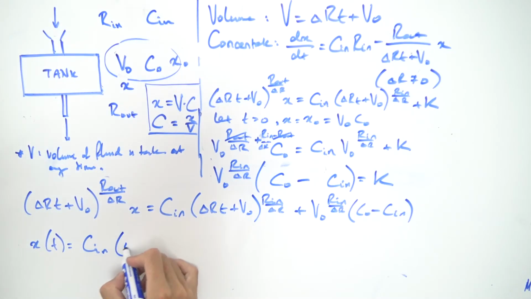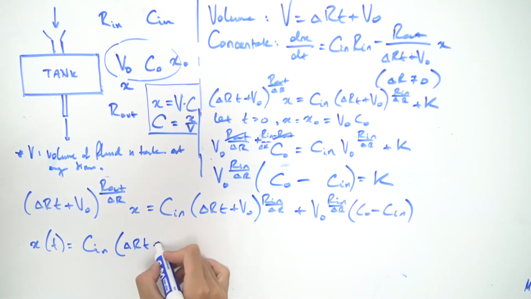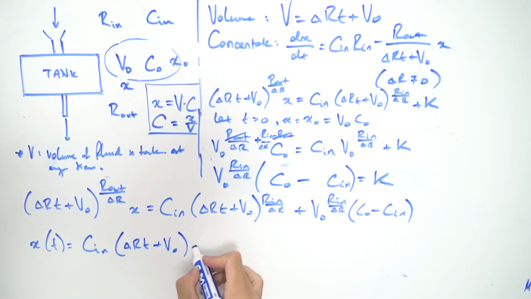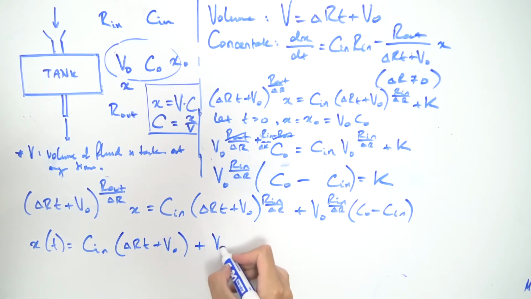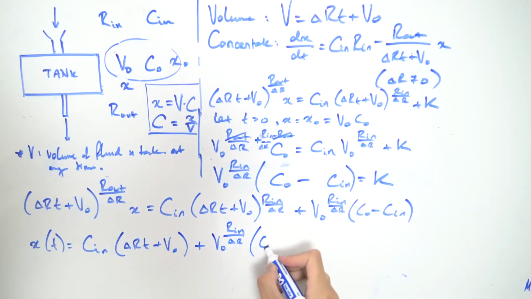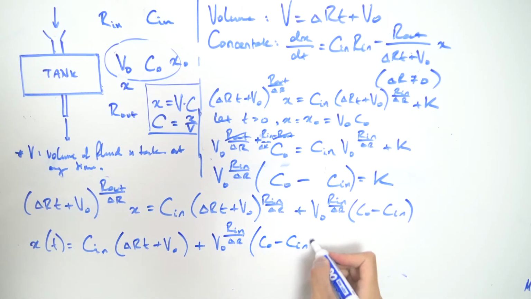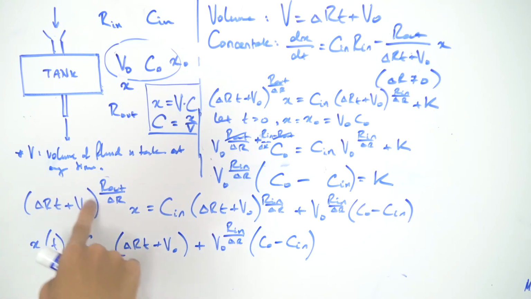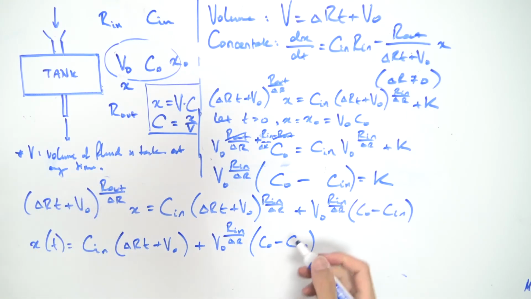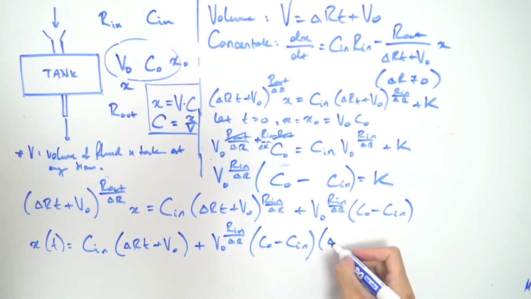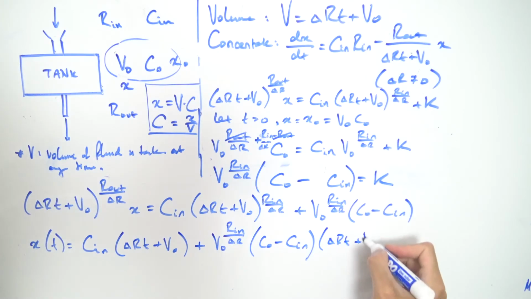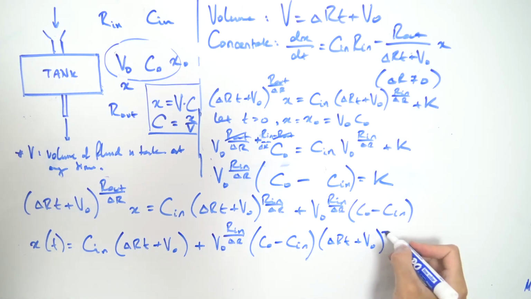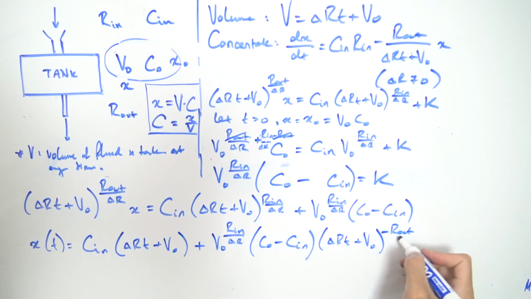So you're going to get delta r times t plus v naught, and then plus v naught to the Rn over delta r times c0 minus cn. And then remember, we're dividing both sides by this factor. So let's multiply by this factor, but introduce a negative in the exponent. So we're going to have delta rt plus a v naught, and then to the minus r out divided by